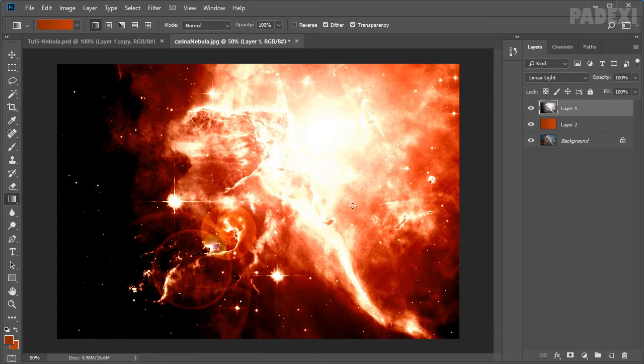The lens flare filter allows you to simulate the refraction caused by shining a bright light into the camera lens. So it's a very cool filter, and you can use it to create artistic effects like we will be creating in this clip.